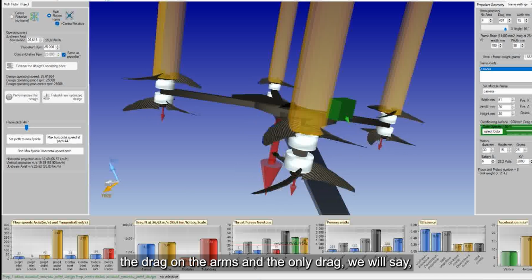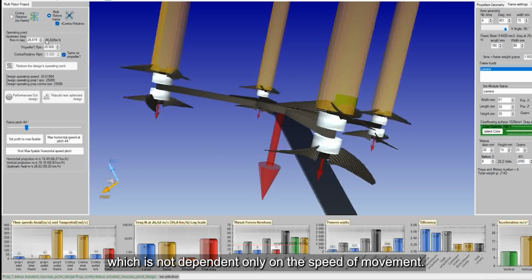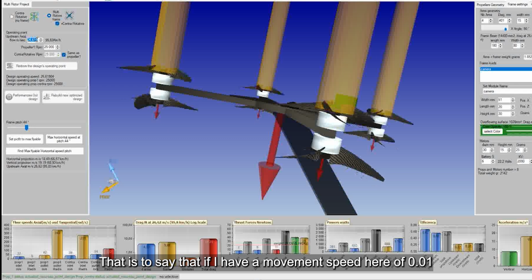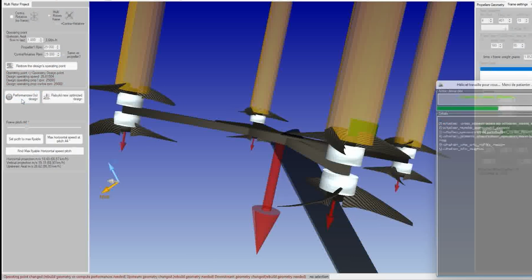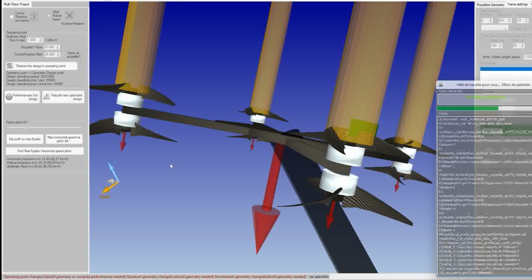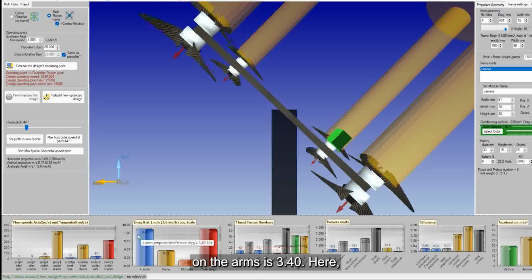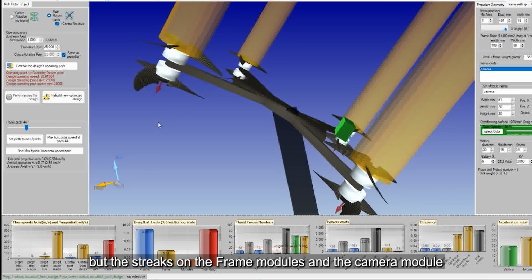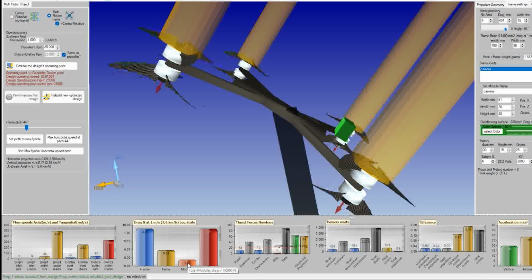The drag on the arms is the only drag, we will say, which is not dependent only on the speed of movement. That is to say that if I have a movement speed here of 0.01, and I restart the performance calculation, I will see that my drag on the arms is 3.40 here, but the drag on the frame modules and the camera module have gone down to 0.01, almost 0.